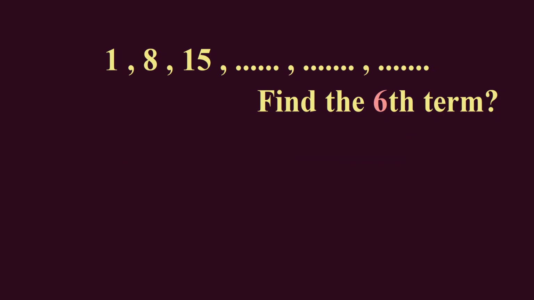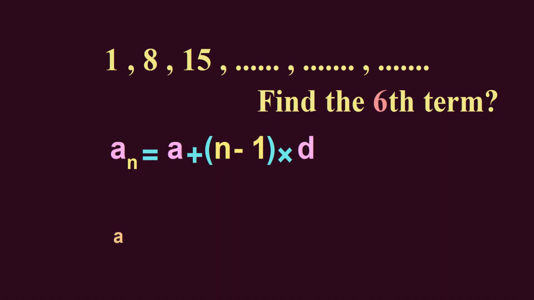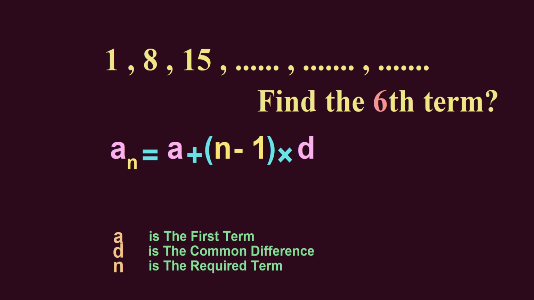In this method, we use the formula an equals a plus n minus 1 times d, where a is the first term and d is the common difference and n is the required term. From our problem, the first term a equals 1 and the common difference d equals 7 and the required term